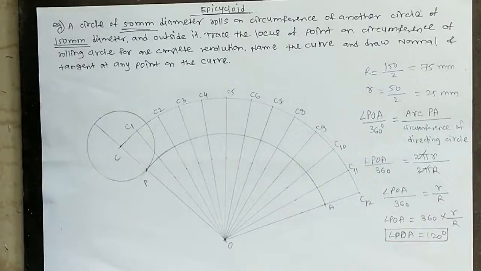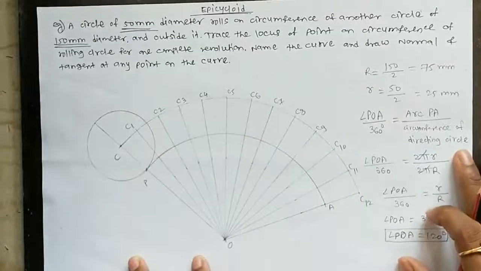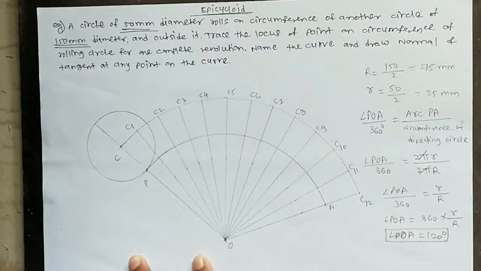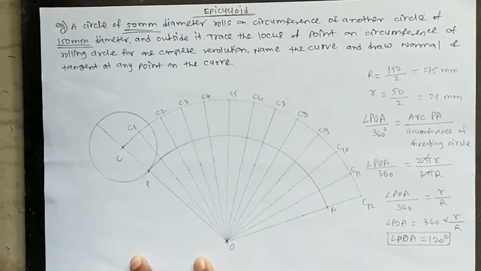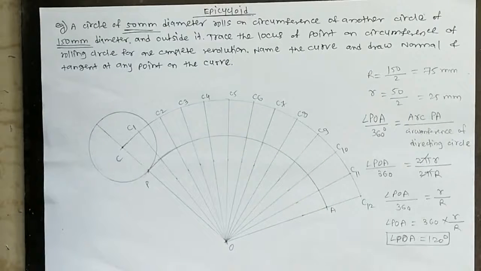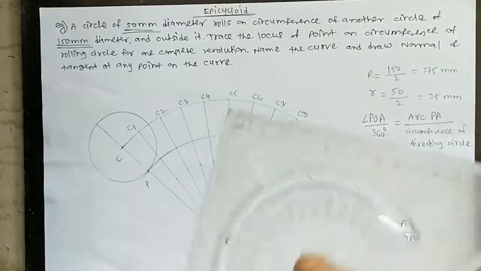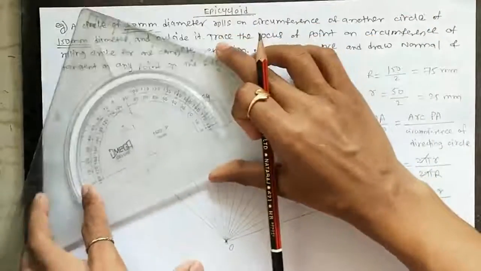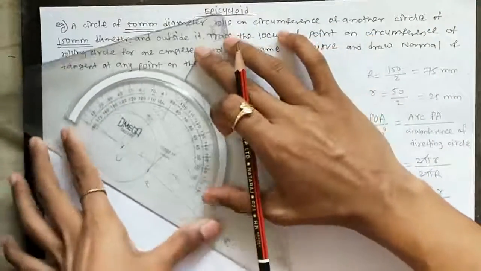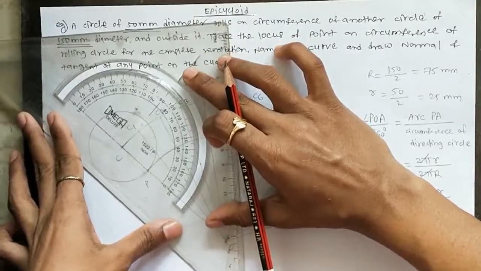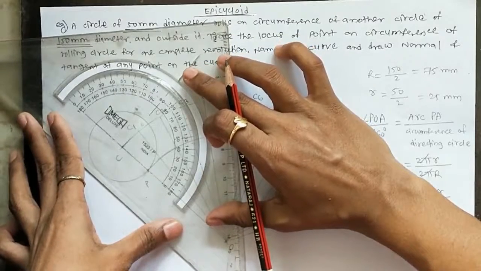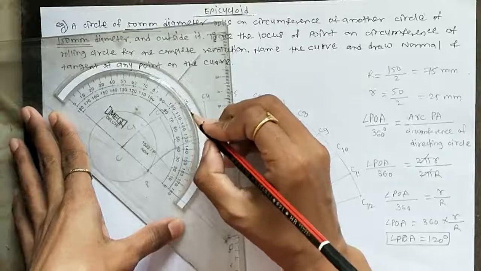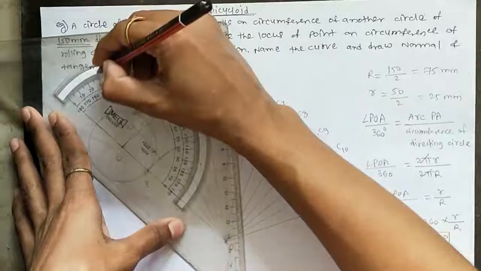Now next task is to divide this circle into 12 equal parts. By taking center C, I will divide this circle into 12 equal parts, that is